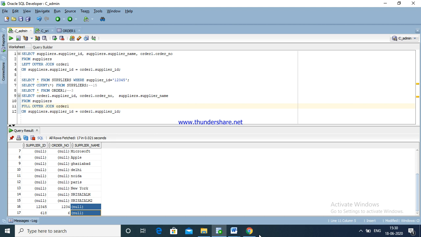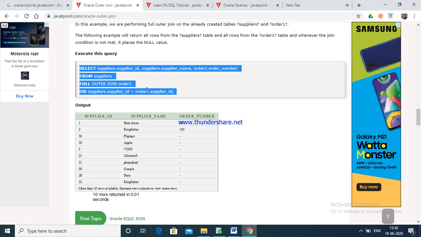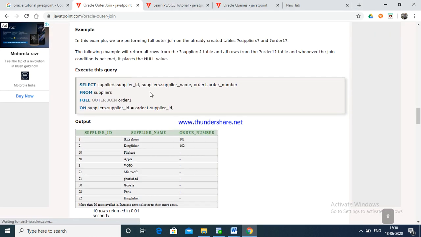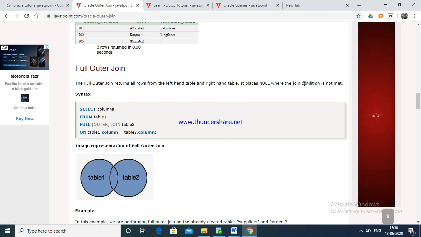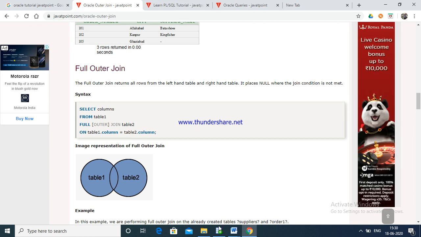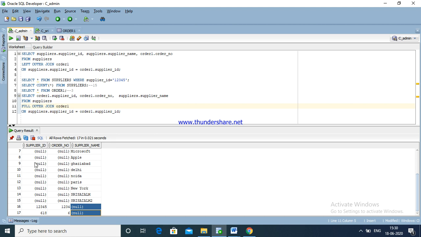This way we are completing full outer join. What is the query? It will place null where the join condition is not met. See here, the join condition is not met, so it will display null. In the same way this condition is not met.